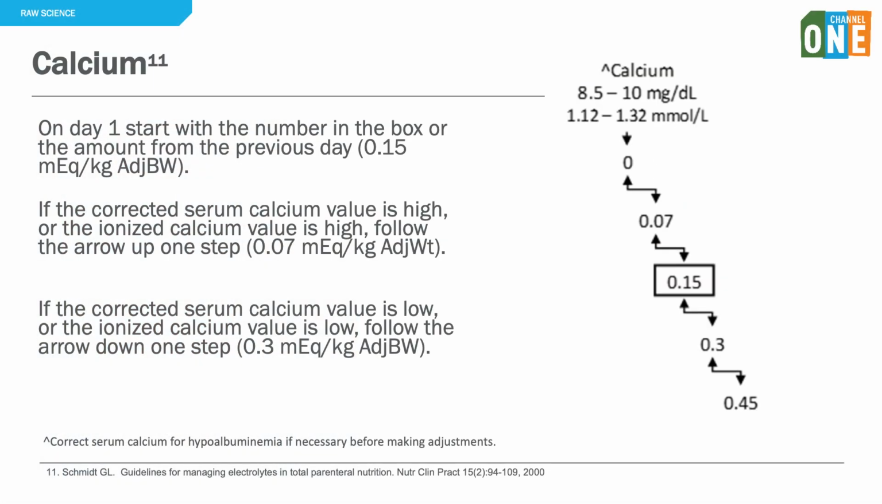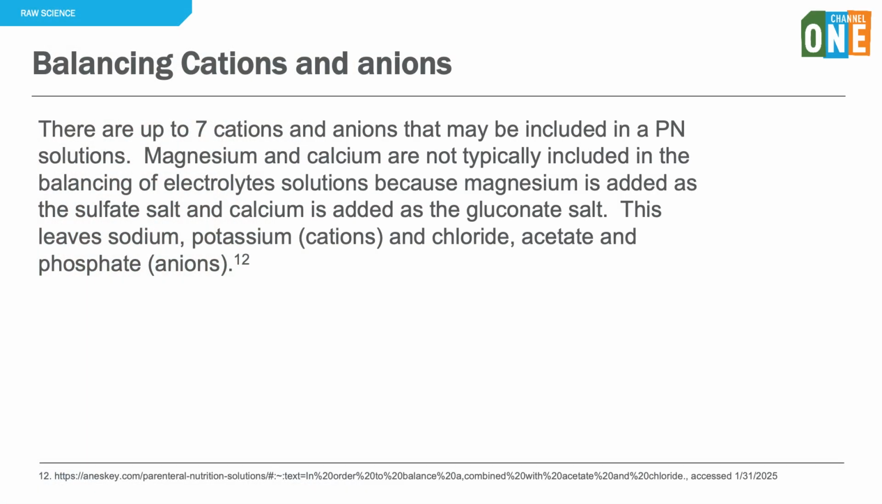For calcium, on day 1 or subsequent days, start with the number in the box or the amount from the previous day. If the corrected serum calcium value is high or the ionized calcium value is high, follow the arrow up 1 step. If the corrected serum calcium value is low or the ionized calcium value is low, follow the arrow down 1 step. Now that we've determined the amount of electrolytes to be added to the parenteral nutrition solution,